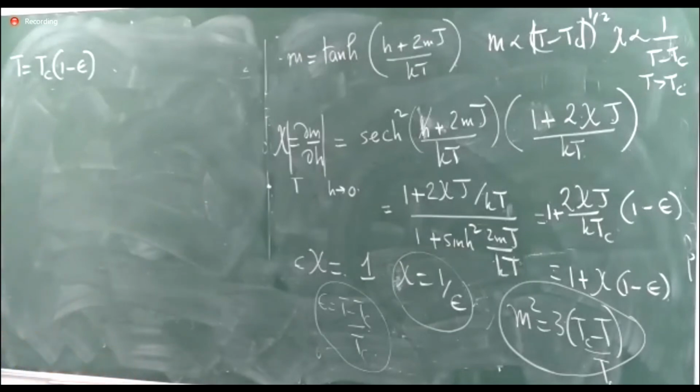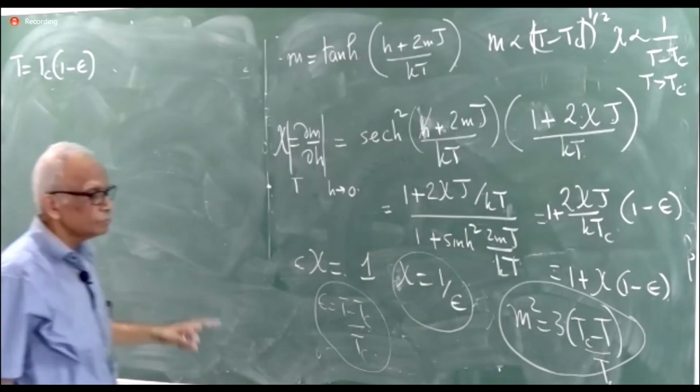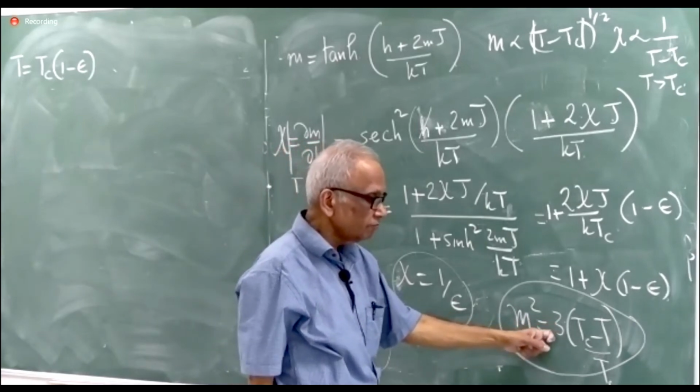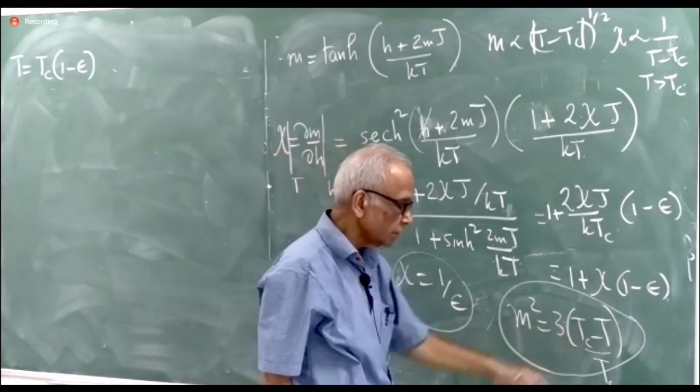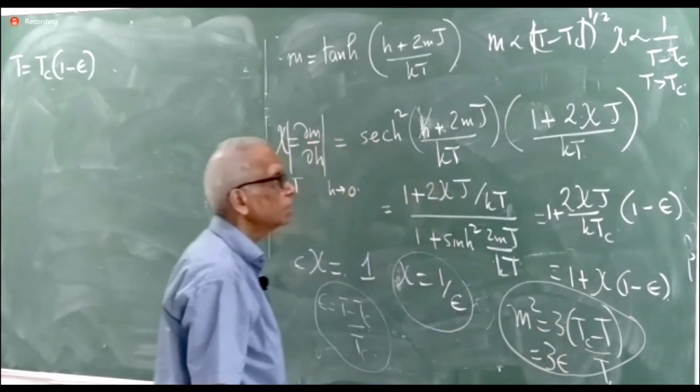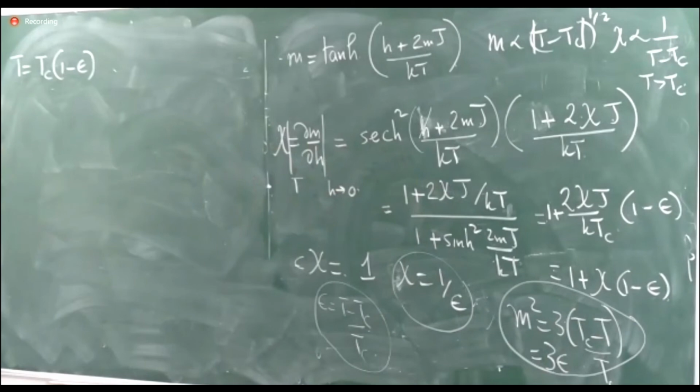Now I'm going to set T equal to Tc, 1 minus epsilon. And then I know that M square is equal to 3 times epsilon. So M square is equal to 3 epsilon over here, so M has to be a non-negligible quantity. So once again, the susceptibility